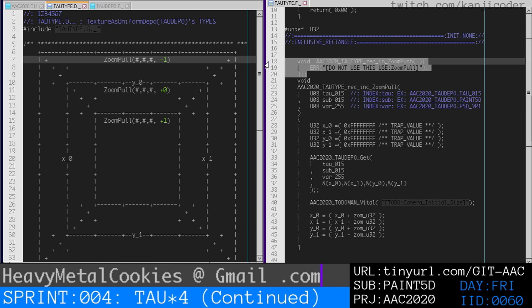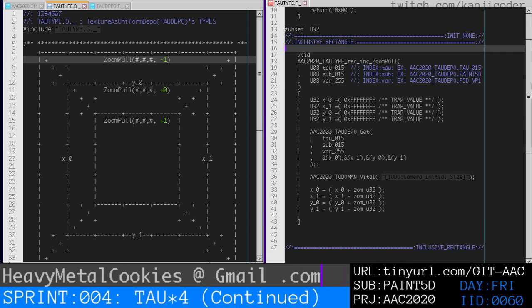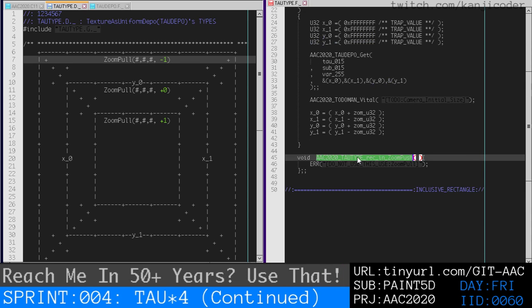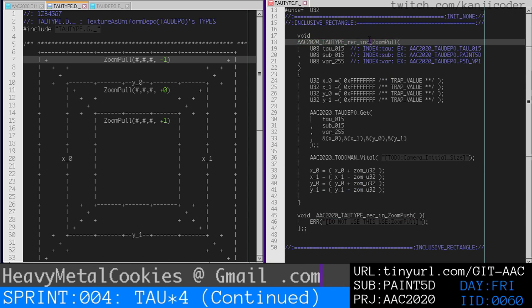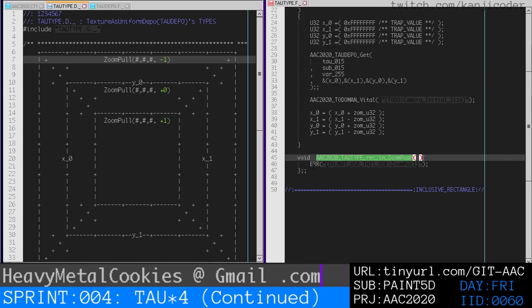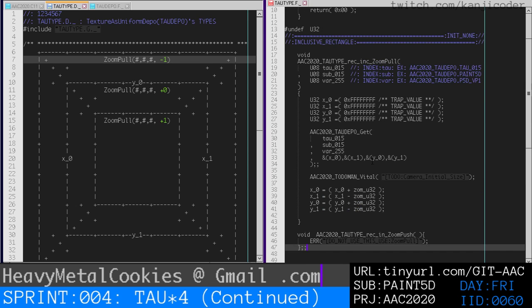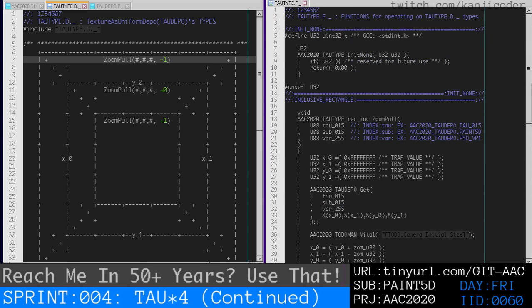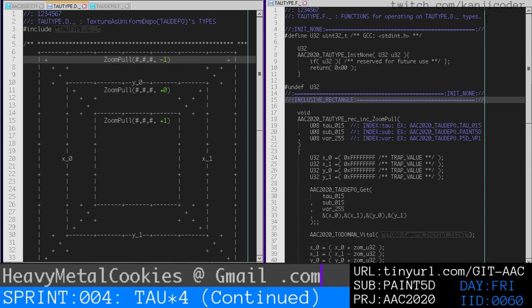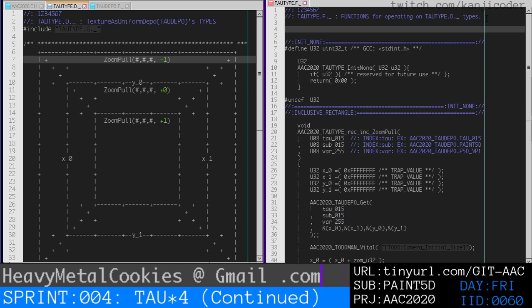What we don't do is also important. It's as important as what we do. So we're going to say that if you try to do the opposite of pull, like a zoom push, that's actually going to be an error. And then we need the macros and whatnot for the error functions, but we don't have an error function here yet, so we have to say that halt